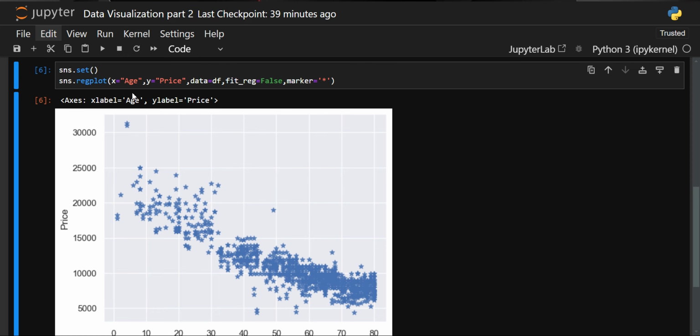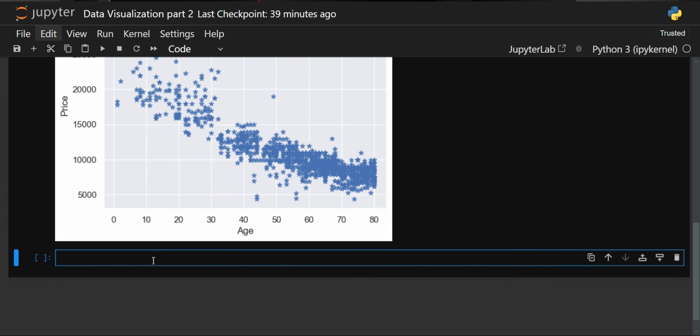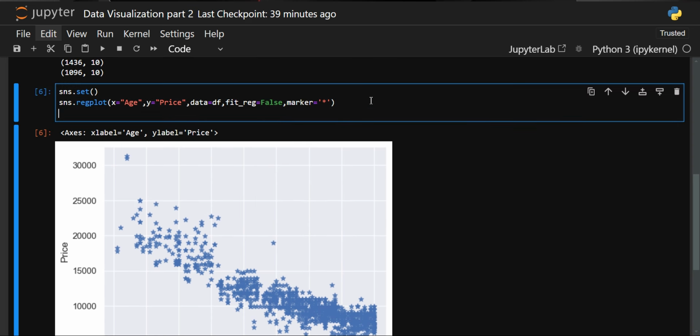Now we have seen the scatter plot of age and price. Now we will see the scatter plot of price versus age by fuel type. For doing that, first of all, we have to add one more plot. We will specify one more plot, that is lmplot. In this lmplot, we'll mention all this data,